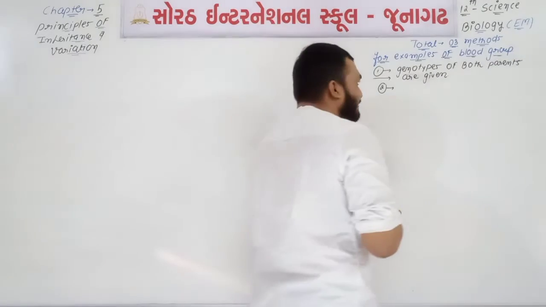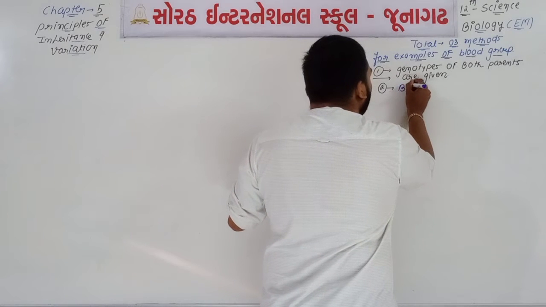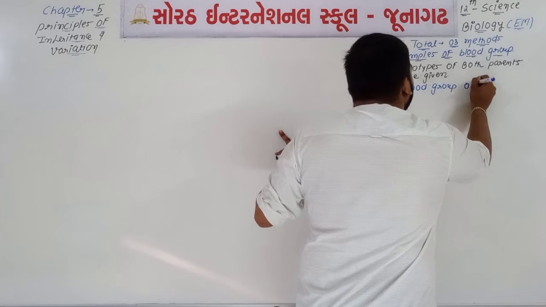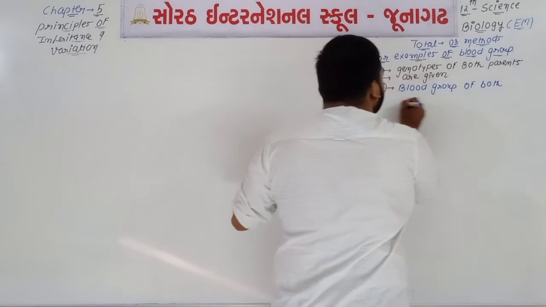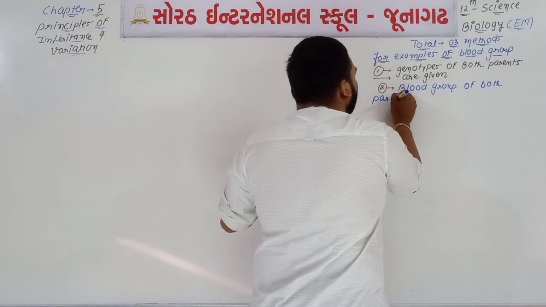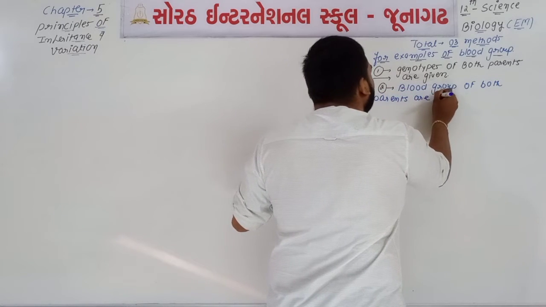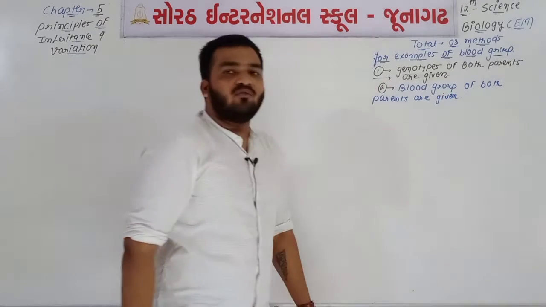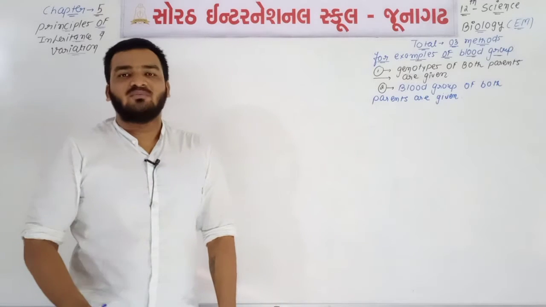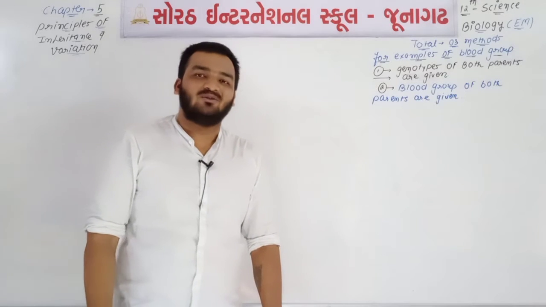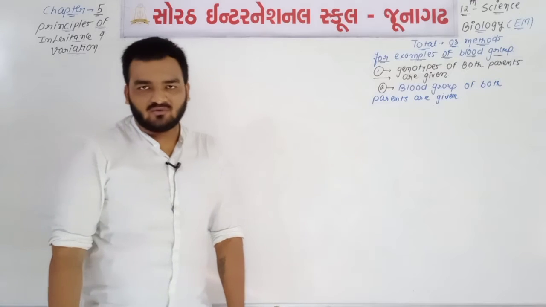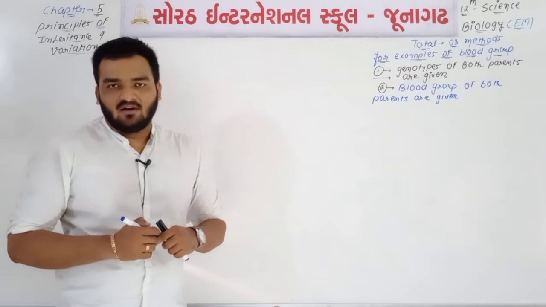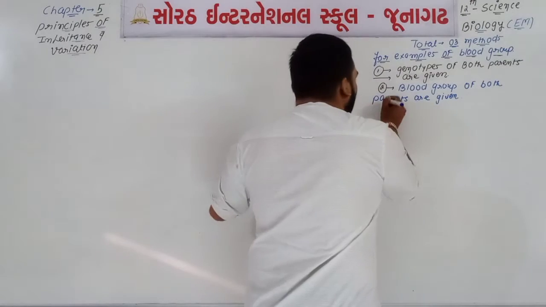If we talk about the second method, the blood groups of both parents are given. In the second method the blood groups of both parents are given, and from these blood groups we are able to get the genotypes. Then with the help of a monohybrid cross using the Punnett square we are able to determine the different ratios found in their particular progeny. It is method number 2.